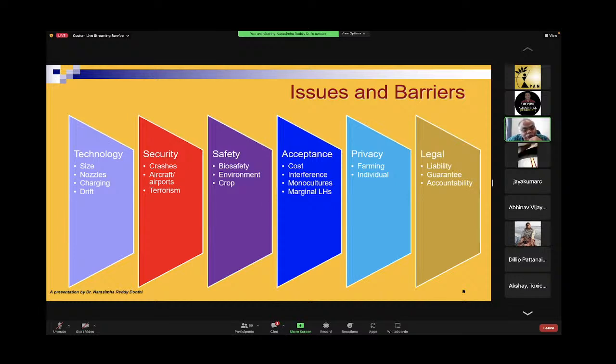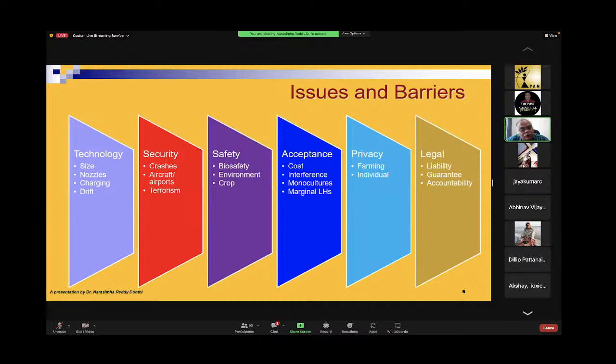Second is security. तो ये टेक्नोलॉजी का इसमें बात करें तो इसमें ड्रोन का साइज जो है वो कितना बड़ा है, वो भी उसे अपने को इसमें उसका स्प्रेइंग में एफिशिएंसी में उसका बारे में बात करना पड़ता है। और टाइप ऑफ ड्रोन भी इसमें बहुत इम्पोर्टेंट है, क्योंकि तरह तरह का ड्रोन्स है। तो कौन सा ड्रोन एरियल स्प्रेइंग के लिए यूज़ करते हैं, इसके ऊपर अभी भी रिसर्च हो रहा है अमेरिका में। अब चार्जिंग ये लोग बोलते हैं टाइम कम होता, लेकिन साइज के मुताबिक तो चार्जिंग बार बार करना पड़ता। अब ये पे लोड जो लोड लेके जाता उसके ऊपर भी चार्जिंग जल्दी खत्म होता। तो ये चार्जिंग का टाइम ये लोग बताते नहीं।